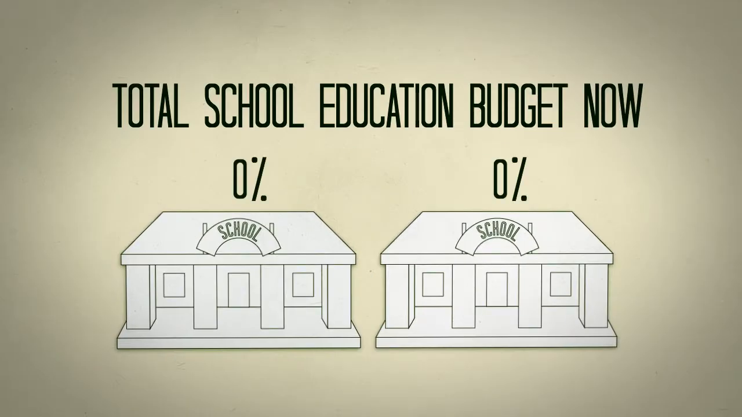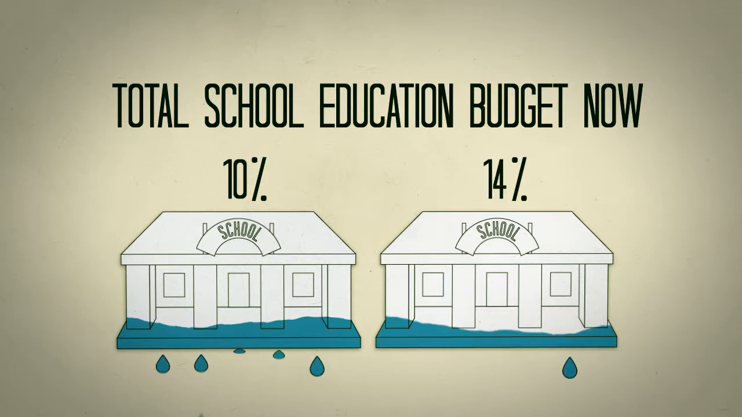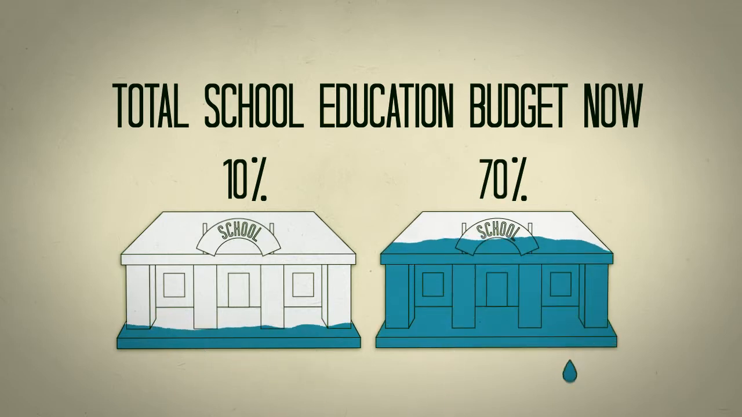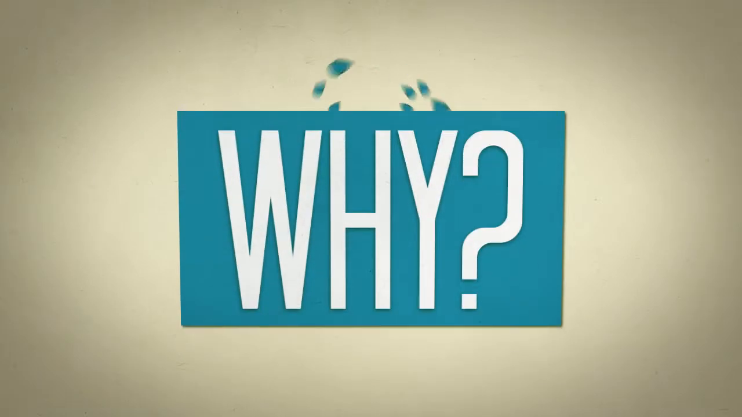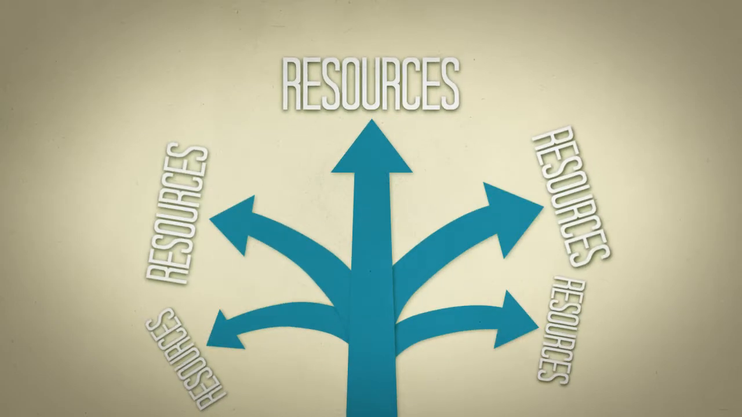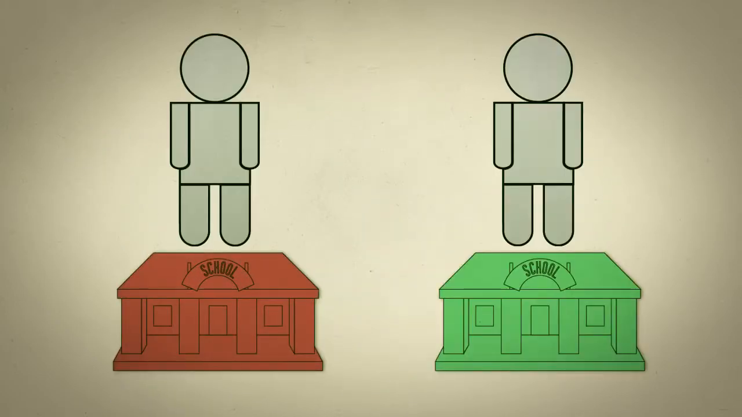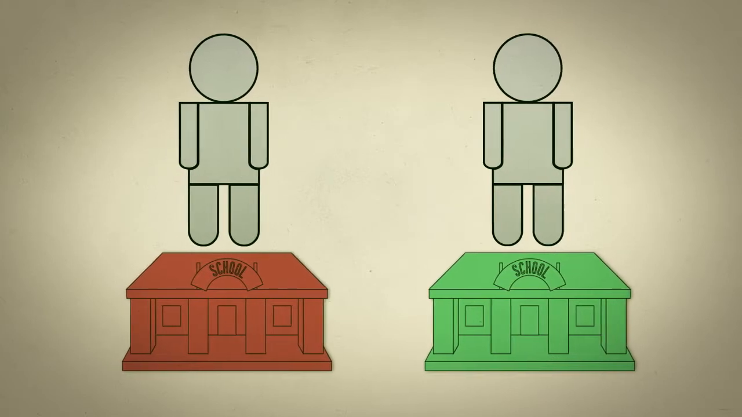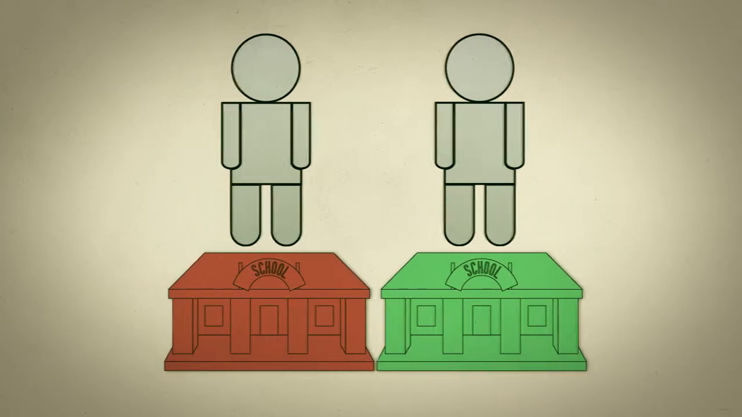Once we have made the change, schools go from managing less than 10% of the total school education budget now to more than 70%. Why do we need to do this? Schools are best placed to make the right decisions about how they use their resources for their students. Each school community has its own unique profile and character, but our current funding model treats them all the same,